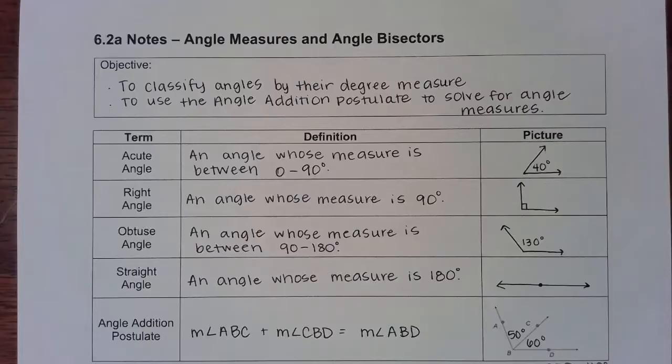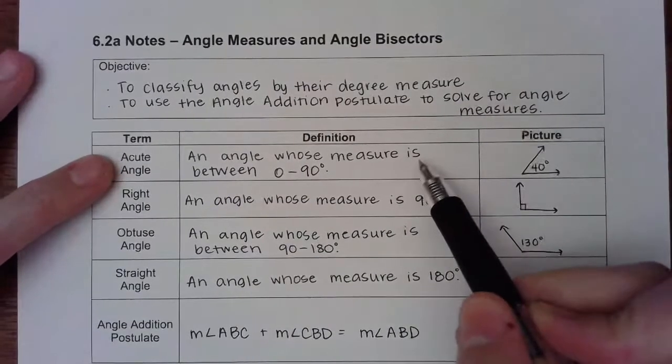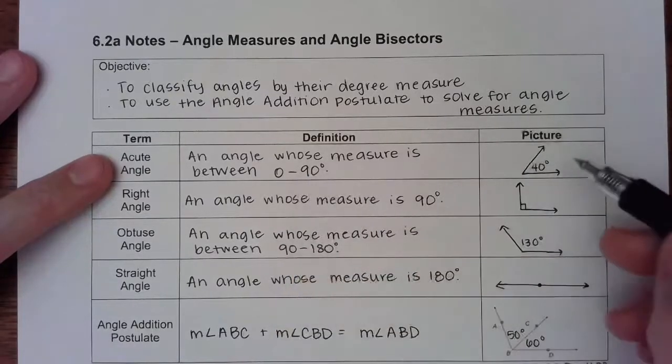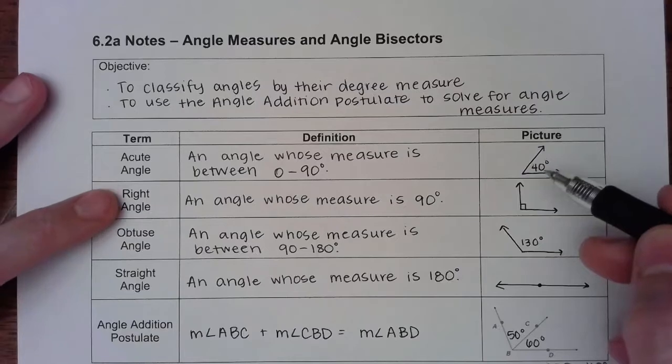In the notes for 6.2a, we're starting off with some definitions that you might be familiar with. So an acute angle is an angle whose measure is between 0 and 90. Sometimes we just say less than 90. So in the picture, a 40-degree angle is an acute angle because it's less than 90, but it's bigger than